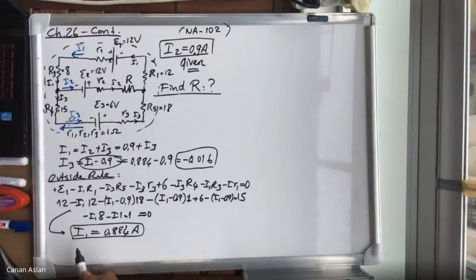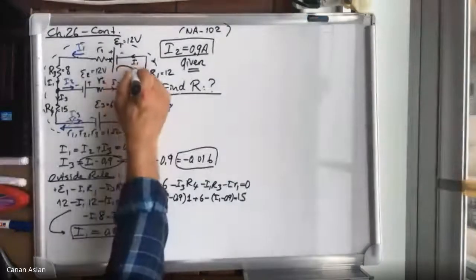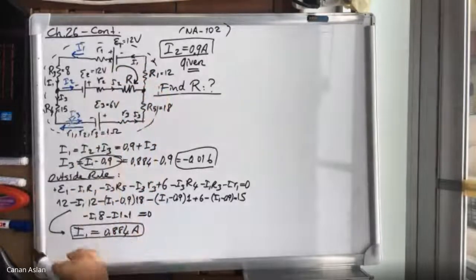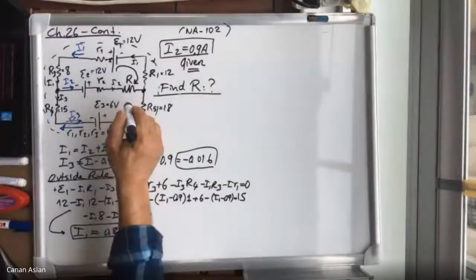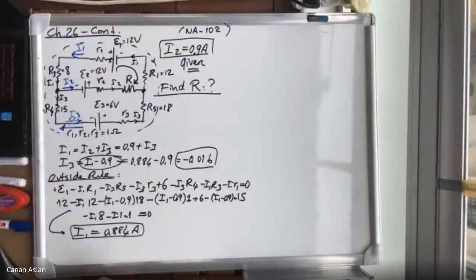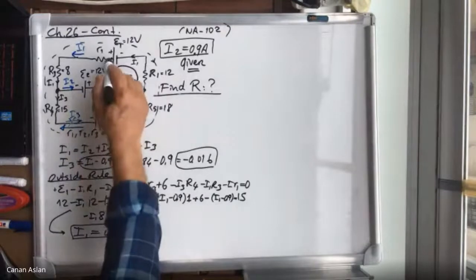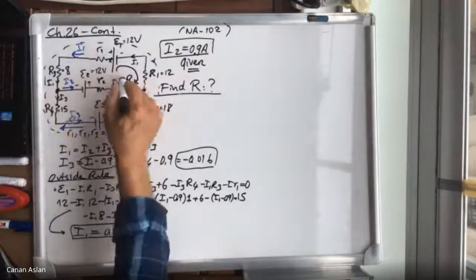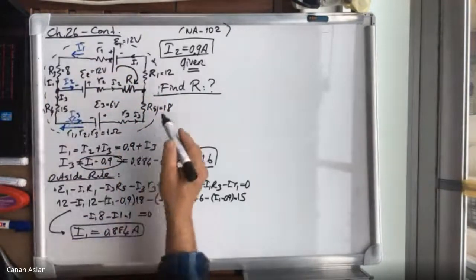Okay, so from this now we will do another loop here. Another loop inside to determine R. Either we can use the upper loop or lower loop. For the upper loop, we can start from this point again and come back to that point again. So now I'm writing